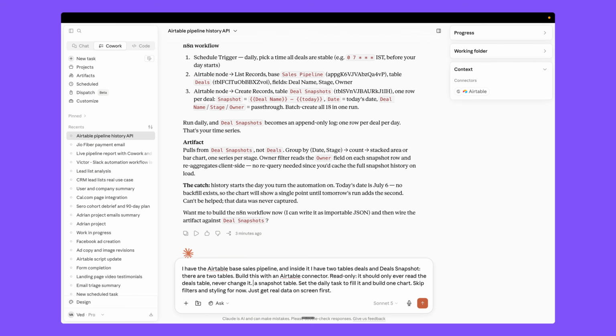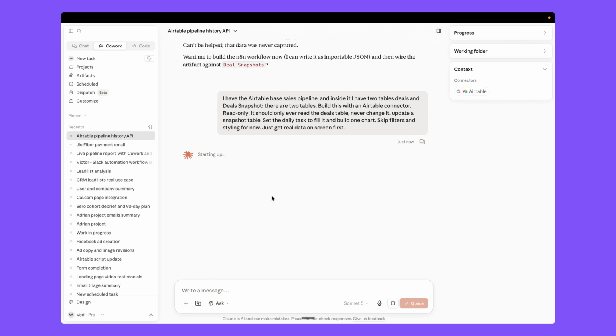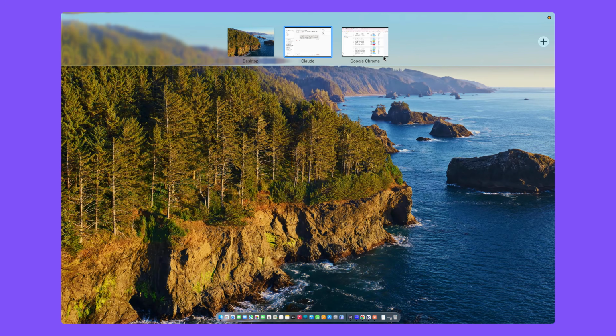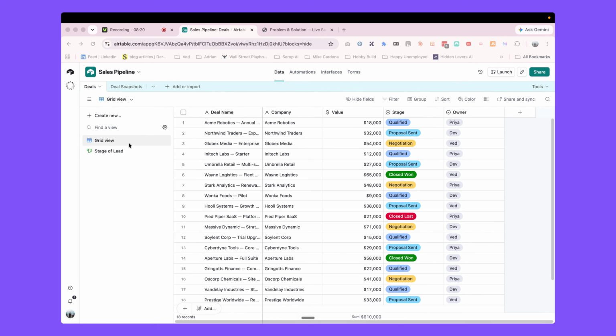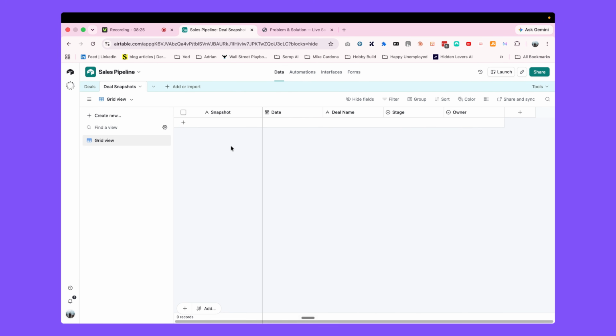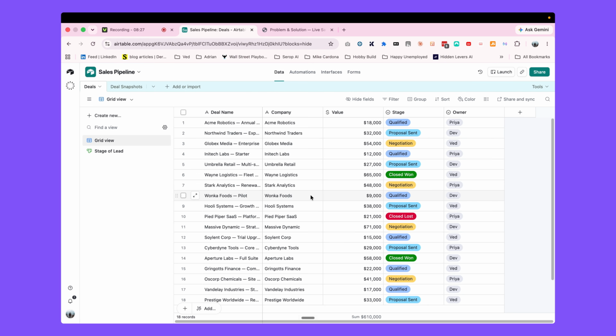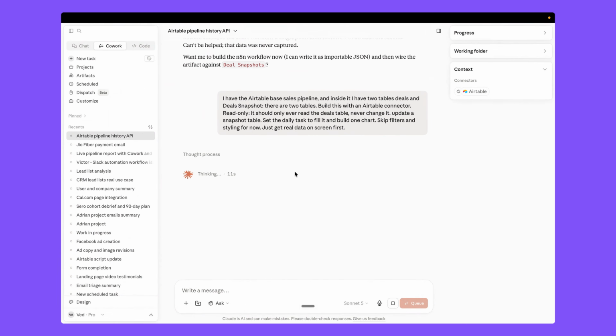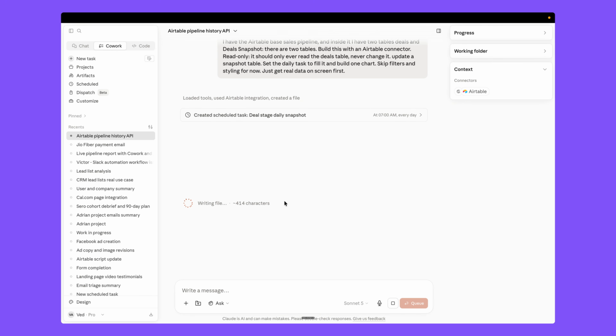We need to just update our snapshot table because I already have it. So just run this prompt here, and it goes to our Airtable page and looks for both the tables. So in this table we have the leads, and this table we are using to store the history of each day. So it's just building it,